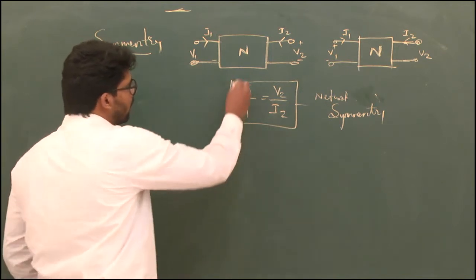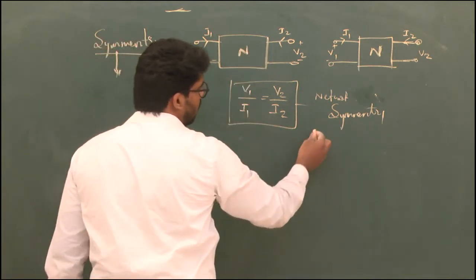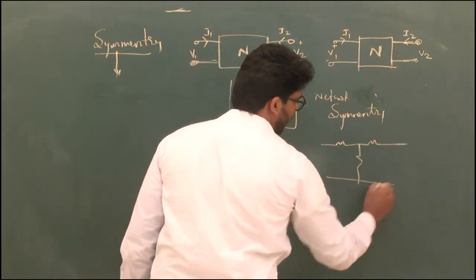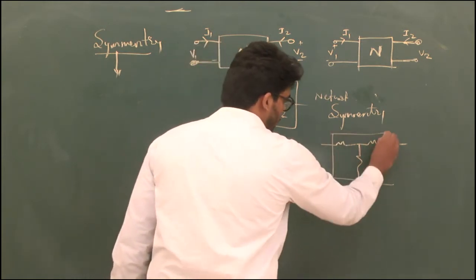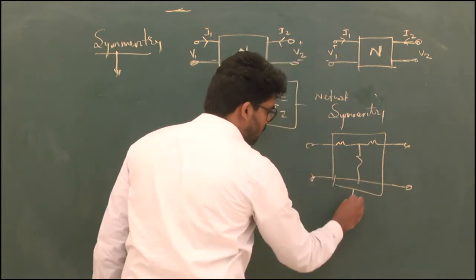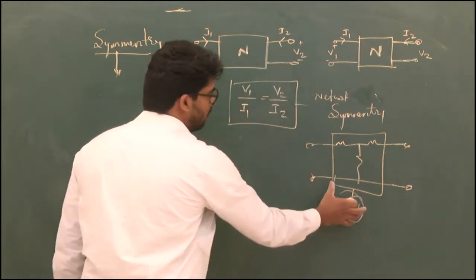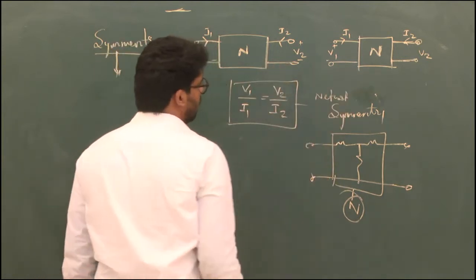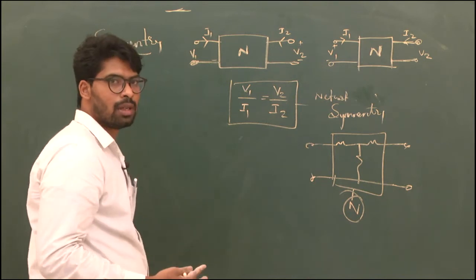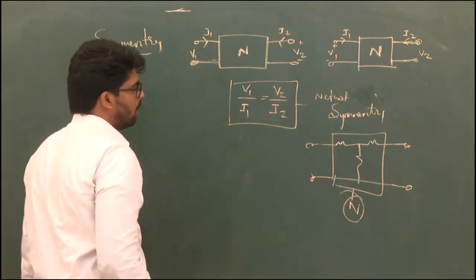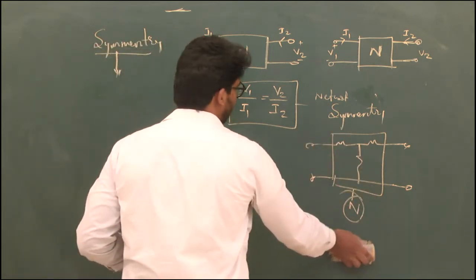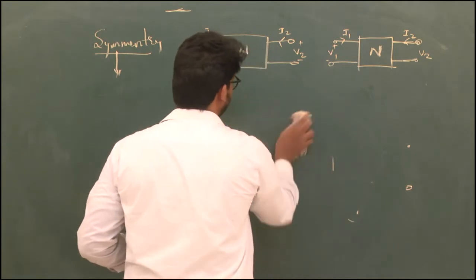For example, this is the network I have. This is the two-port network I have. I name this network N. The same network is represented here and here. To show the symmetry, I need to take the response from the input, that is V1 and I1. To get the input impedance response,